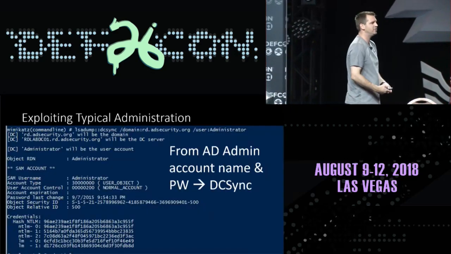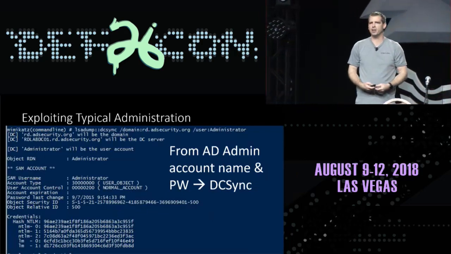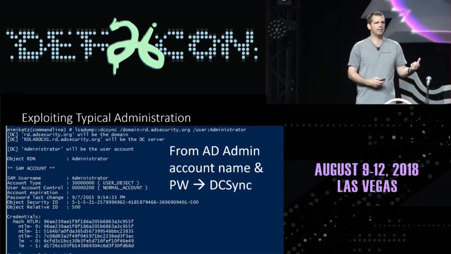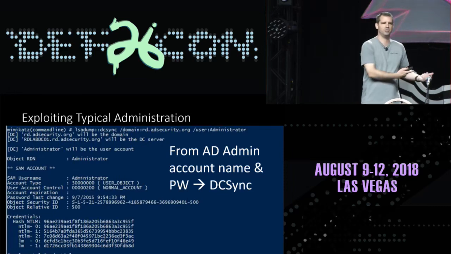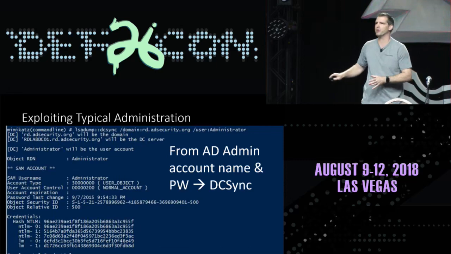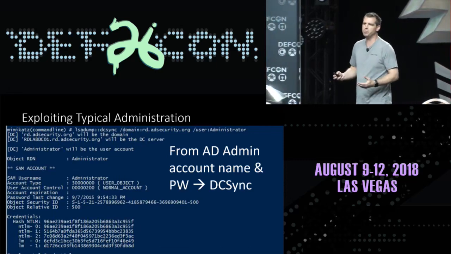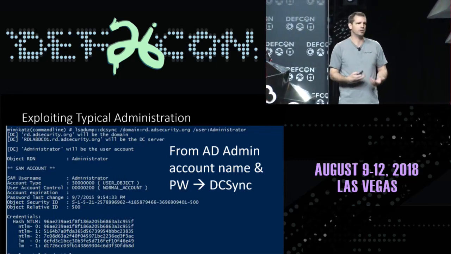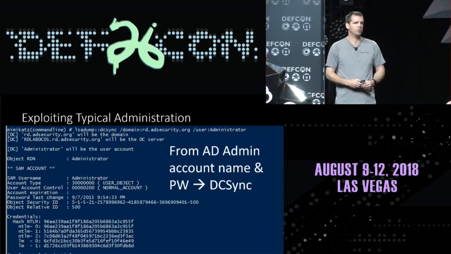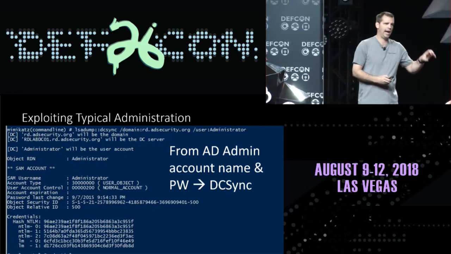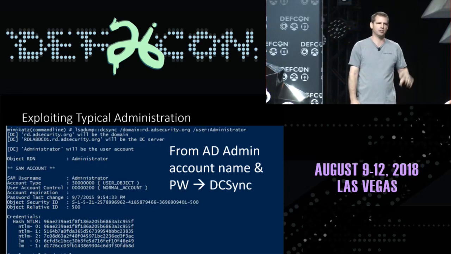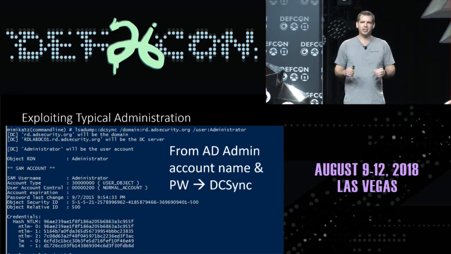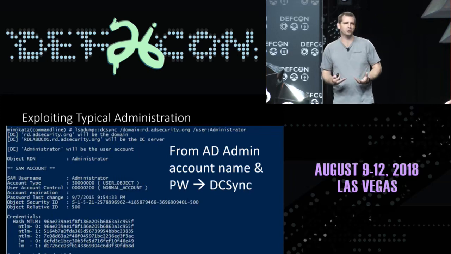But what's interesting about this is attackers don't need to bother with MFA at all, because nowadays MFA is typically something that's added to RDP. So if we can pull and extract that AD admin account name and password, we just can use that to DC sync. We don't have to bother with RDP at all. And that way we can pull any credential we want from Active Directory. So customers are going to think, well, our admins have to use MFA to do things because they RDP in. Make sure they understand that the attackers are not bound by the same rules.